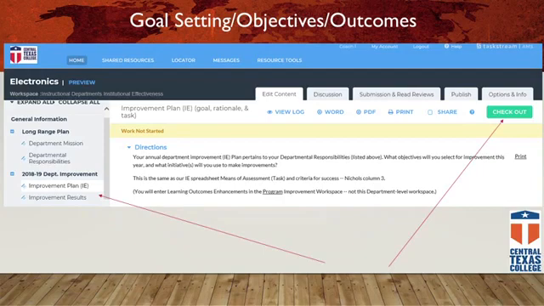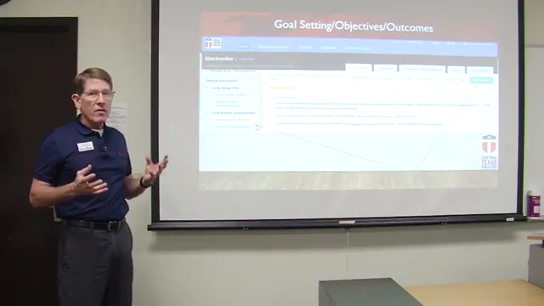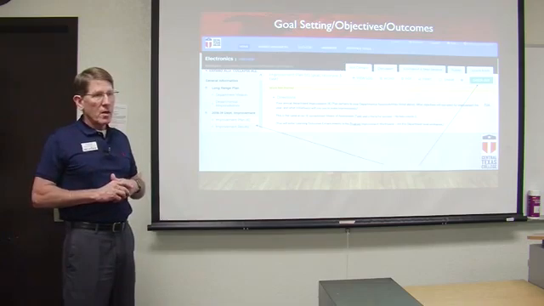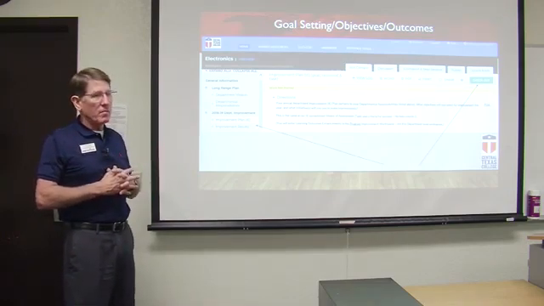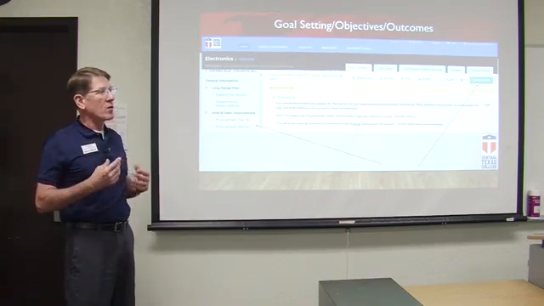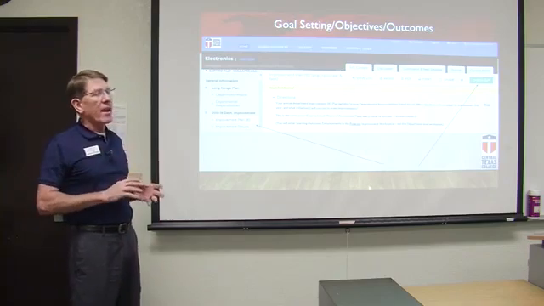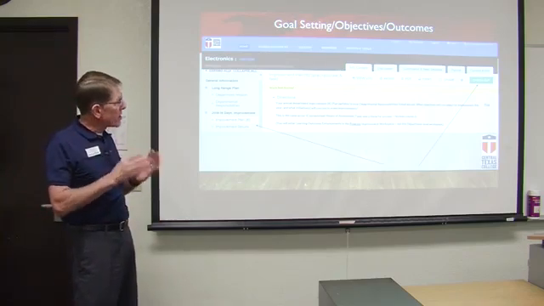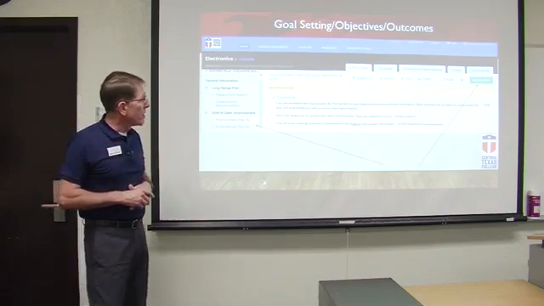So now where do I put those goals that I have set, objectives and outcomes? Okay. The reason why I have goal setting, objectives, and outcomes is that those are kind of all interchangeable words. We tend to gravitate towards the outcomes part of that, but objectives is kind of the same thing and goals are kind of the same thing. But what we want to concentrate on is the desired outcomes, not necessarily just the goal itself or just the objective. So this is what you're going to do.